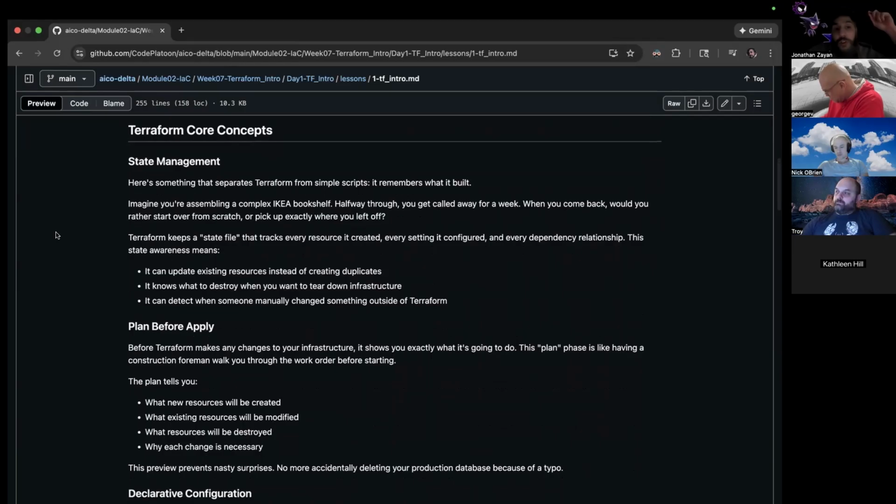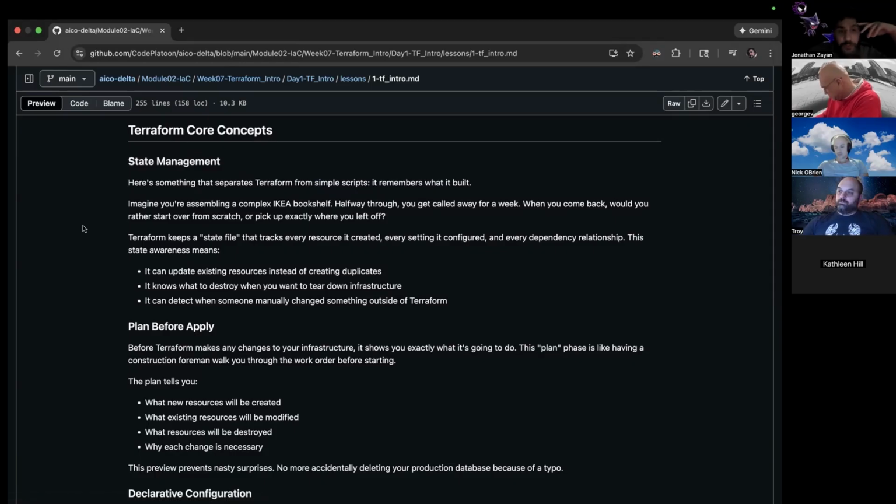So we're going to talk about some core concepts. We are mentioning state management, but you're actually not going to get into the weeds of this until next week, because Terraform is going to continue until next week because it does get in depth. So for Terraform, state management is something that separates Terraform from simple scripts. Because if you've done some scripting, you know that scripting can set off a chain of functions or set up configs. But it's not the same, especially because of state management.